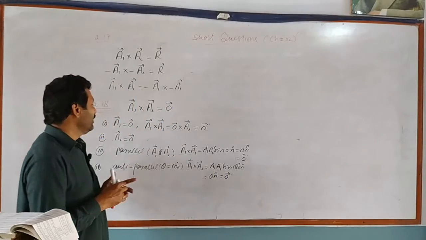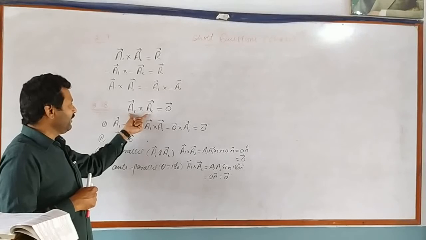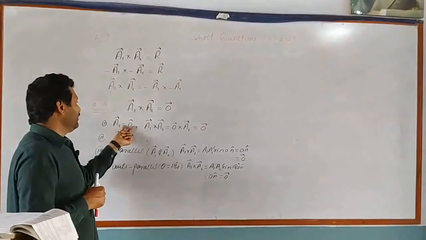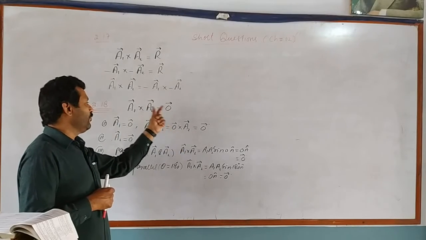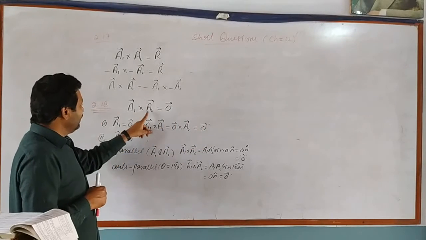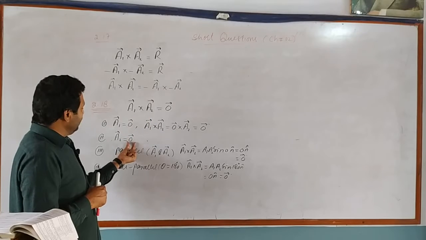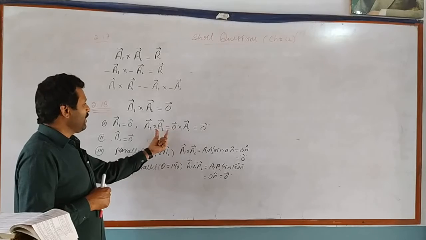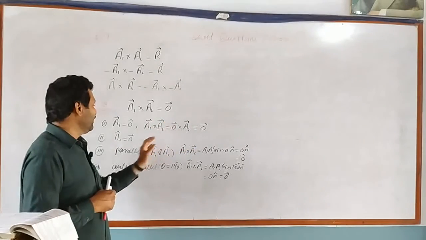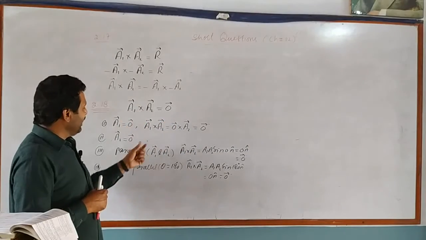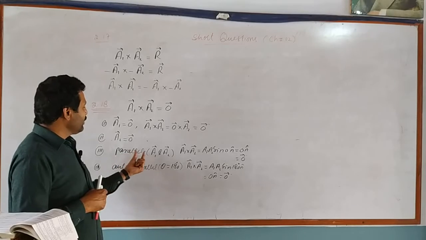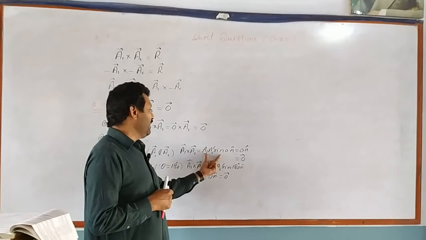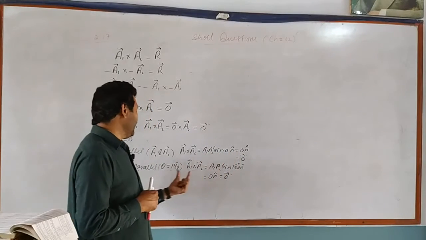Hence, the conditions that could make a1 vector cross a2 equal to 0 are these. First condition is, when vector a1 is null vector, their cross product with a2 will be equal to 0. When vector a2 is also a null vector, then their cross product will also be a null vector. When vectors a1 and a2 are parallel to each other, then the angle between them will be equal to 0 and their cross product will be sin 0, which is 0, a null vector.